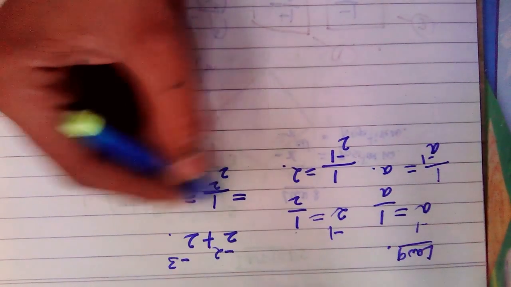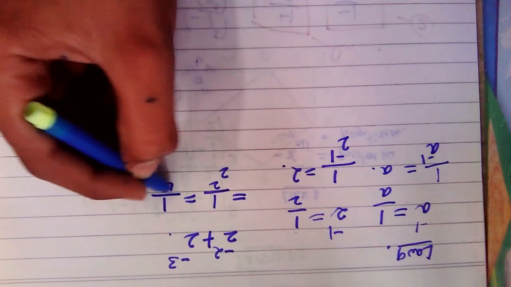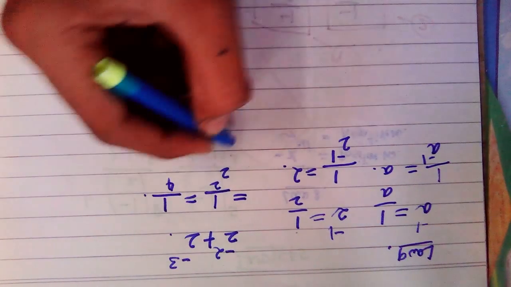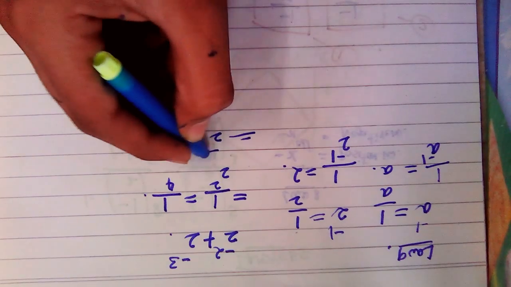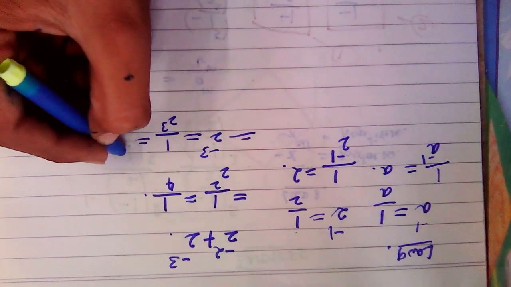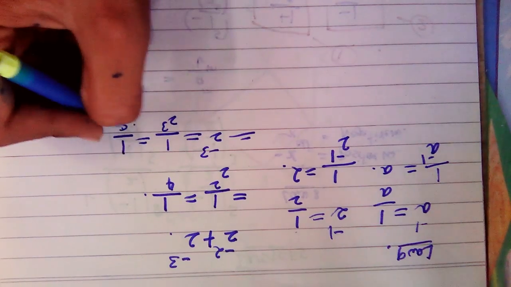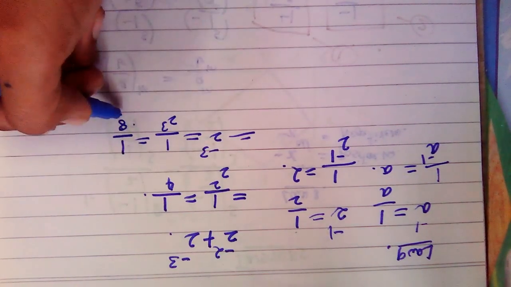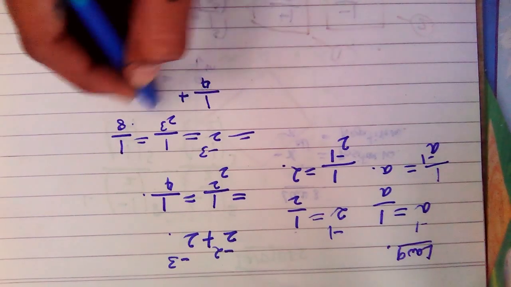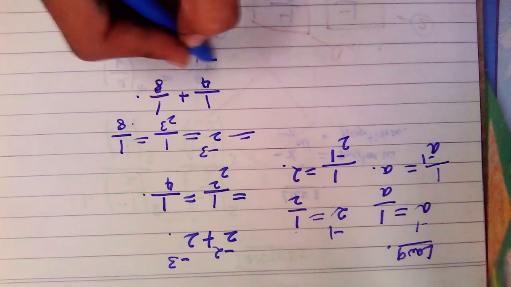So 1 by 2 to the power of 2 will be nothing but 1 by 4, and plus 2 to the power of minus 3 will be nothing but 1 by 2 to the power of 3, which is 2 into 2 into 2, which will be 8. So we are ended up with 1 by 4 plus 1 by 8, which will be equal to,